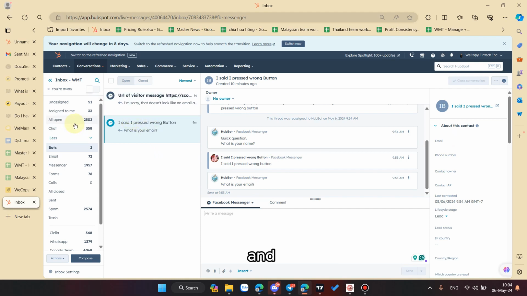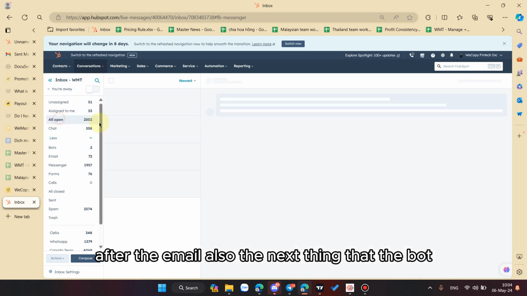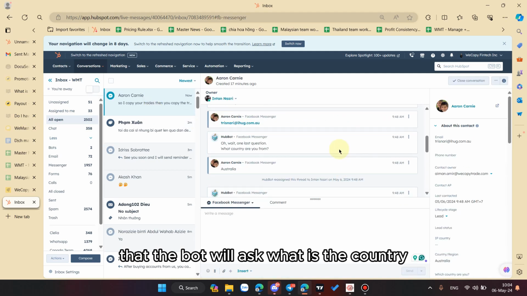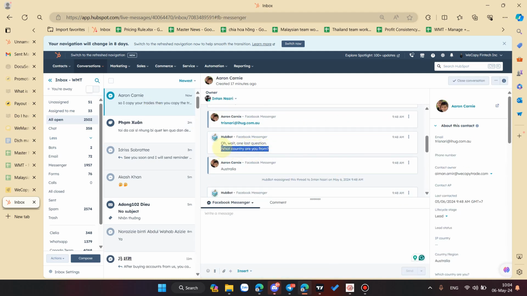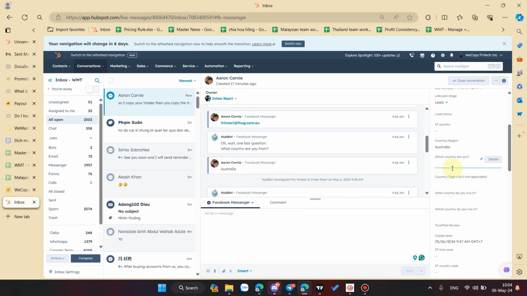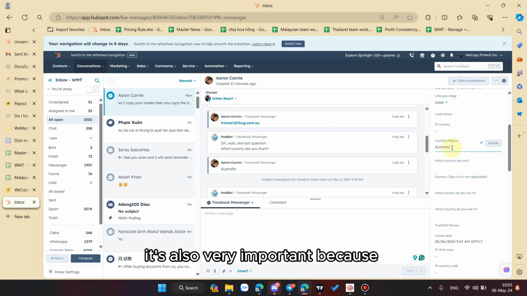After the email, the next thing the bot will ask is the country. When the client answers, the bot will put it into the country and region fields on this side. It's also very important, because it depends on what region you are.